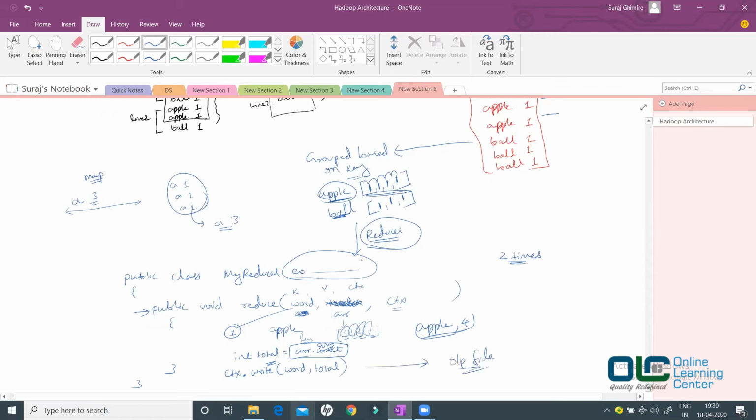Now similarly, this reducer will again run for your next group. So what is the key? The key is ball. What is the value? The value is all 1 1 1. And again, you get them as your array. Treat it as your array for now. So you'll say array dot sum, give me all the elements and sum them up, and then you get the total. Once you get total, you say it is 3. So you will write the word and total, you'll get ball and 3, and they will be written to your output file. So your output file will have this content.